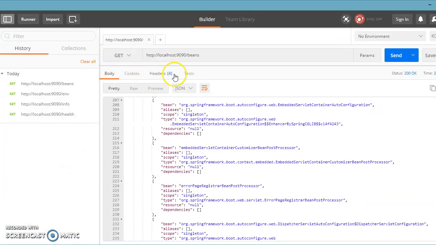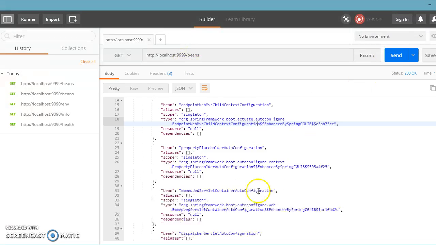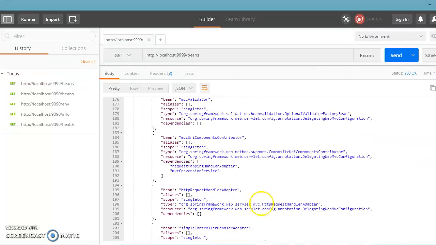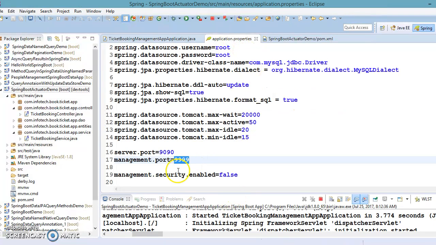In the previous video tutorial we tried to access this URL, right? Actuator URL /beans, and we got this result. Now let's hit the same, and this time we are not getting any response, it says not found, right? Because we have changed the port number for the actuator endpoints. That is nothing but the 4 times 9, and let's try to access, and that is accessible, right? That means whatever changes we have done are correct. So now our actuator is running on another port,